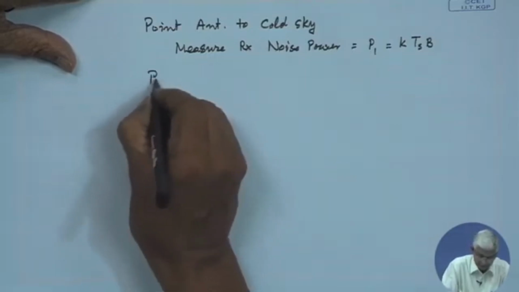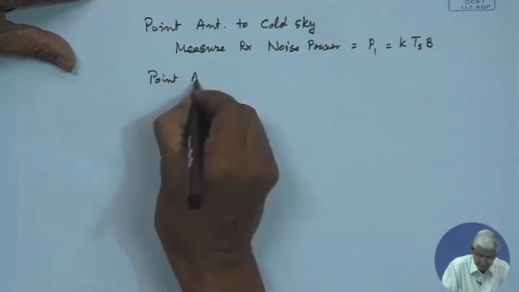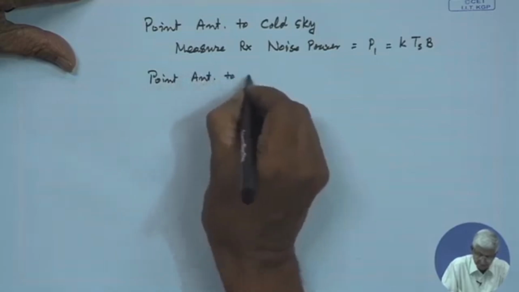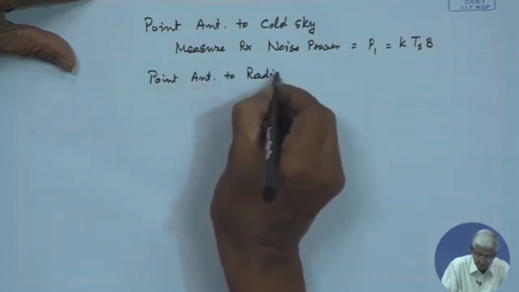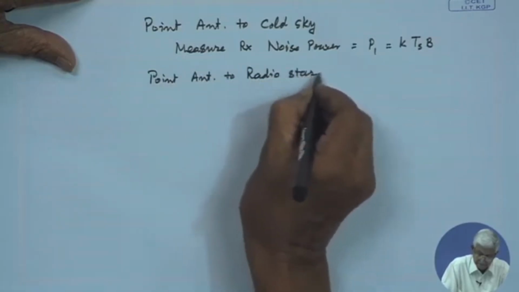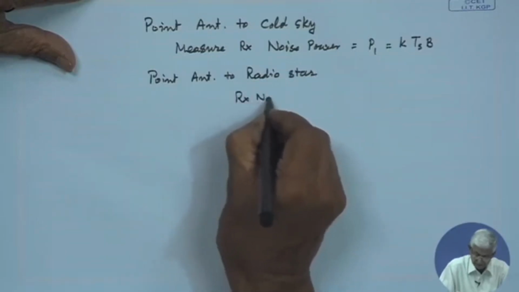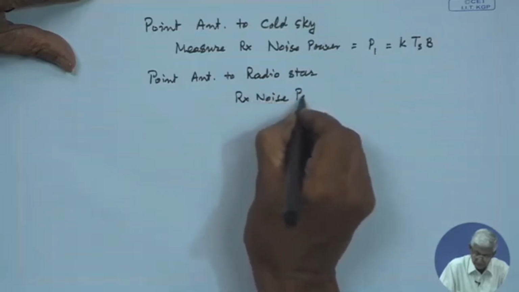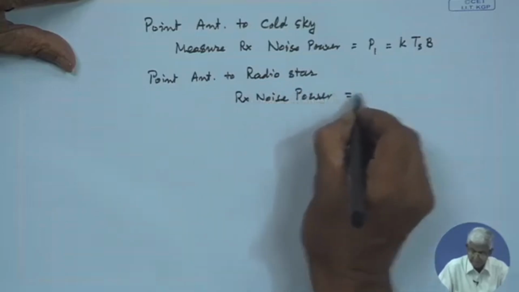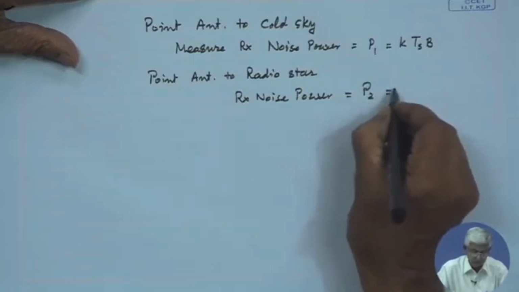Then point the antenna to a radio star, any one of them, then the received noise power P2 is now